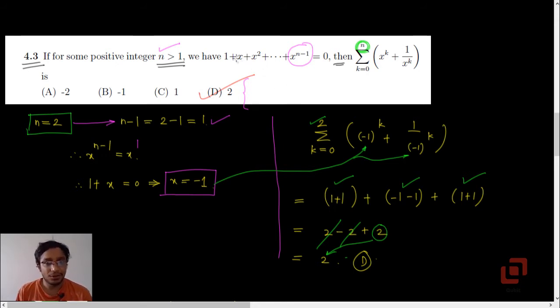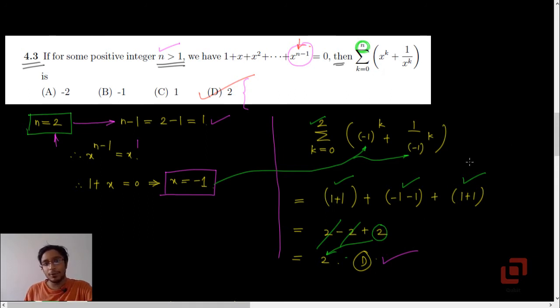Okay, see, that means it is not necessary to actually solve the problem by keeping n in the situation. Just take a simpler value of n and do it. See, now this is allowed only because it is a multiple choice question. If it comes as a theory question, let's say, then prove that it is equal to 2. Then you have to come up with some other technique, either by mathematical induction or by using complex numbers. And I'll come to that in a while. But because it is an MCQ, you can consider a special case and be happy that you got the correct answer. In this case, it is option D.